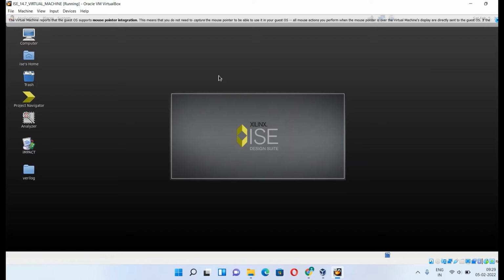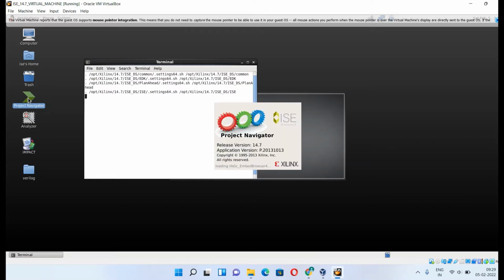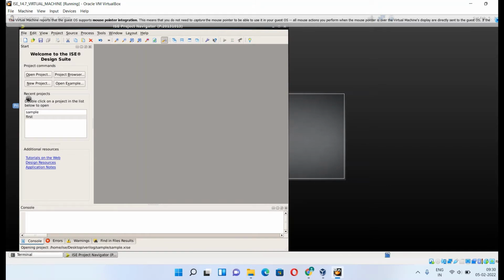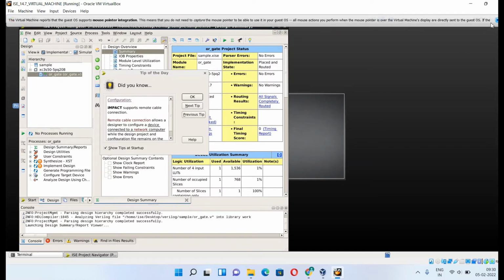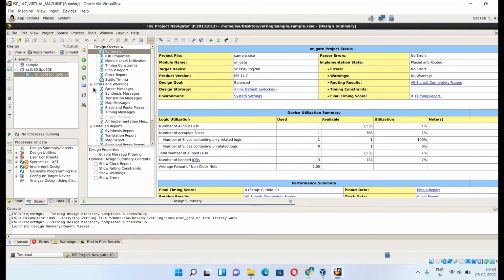Here you can see that the ISE 14.7 virtual machine is now running under Oracle VM box. You can see the Project Navigator. Click on this. It is getting started. We'll close this notification and maximize the size. You can see some previously opened file is shown over here, describing the design summary